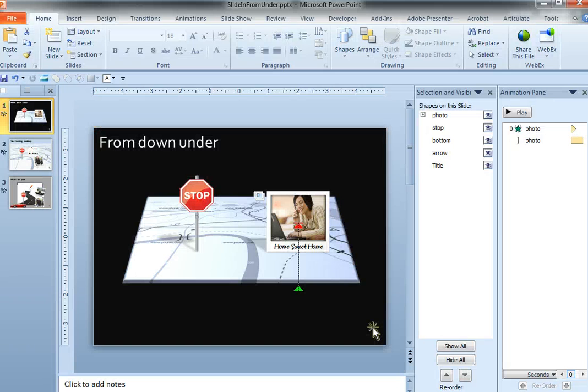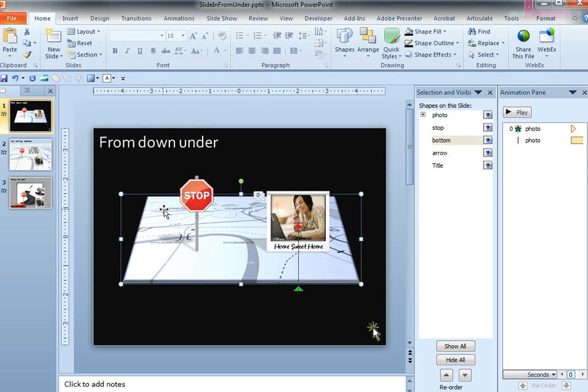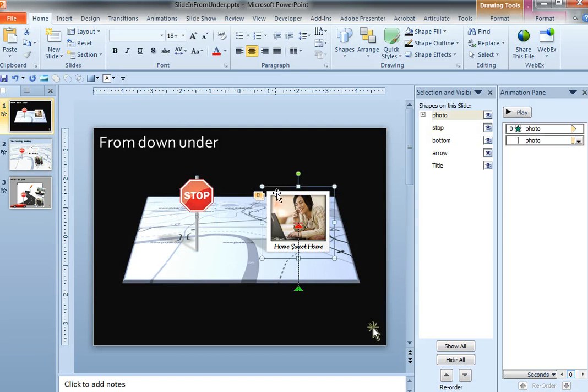So let me show you how I did this in PowerPoint. It's pretty simple. You need to have a background image. In this case, it's a three-dimensional image that I've brought in, and it's a PNG file. You do want to make sure you're working with a graphic file when you're doing this, not a rectangle or an object from PowerPoint. And then you need a couple of objects that are going to pop through, one or two or whatever, that will pop through the base layer. And then you need to animate those.